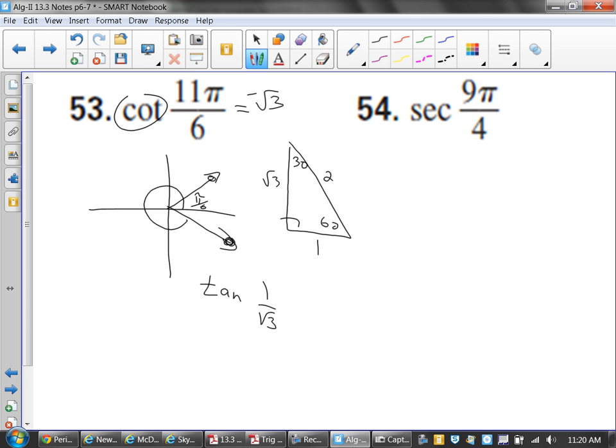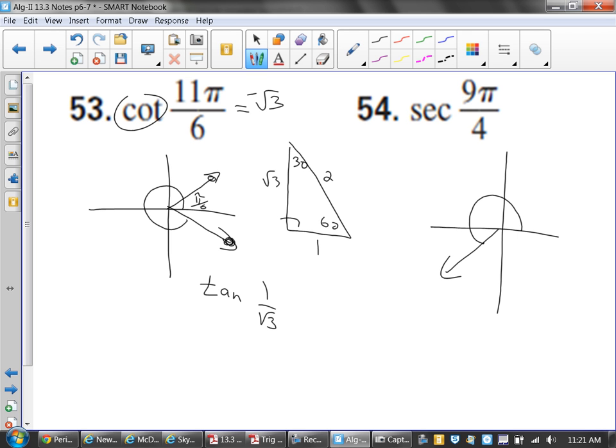Same thing. Did you guys pick up on the pattern that anytime you see something over 4, what's the reference angle going to be? It's always going to be a pi over 4. And what's nice about pi over 4 is that it's the same for your sine and your cosine, root 2 over 2. It's just a matter of where it's being placed. So as you go through this one, 9 pi over 4,